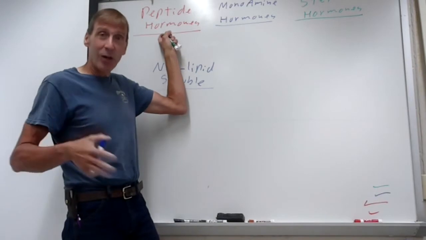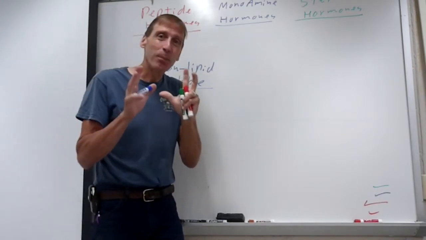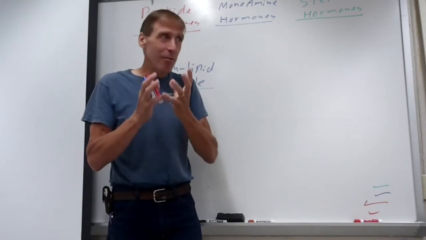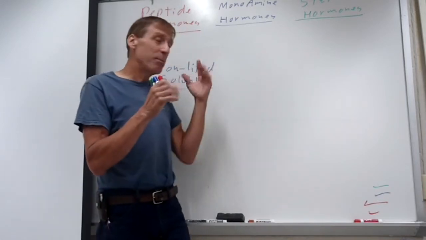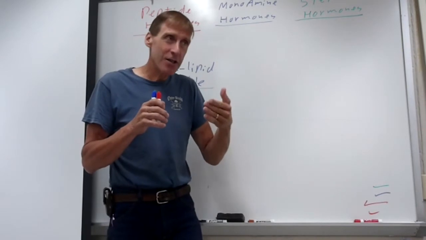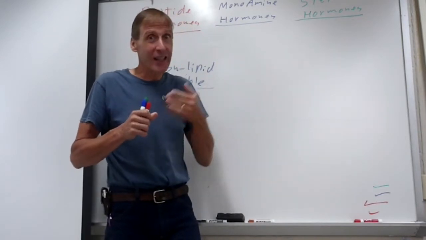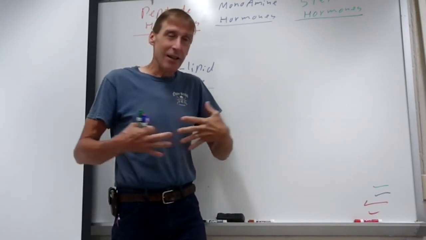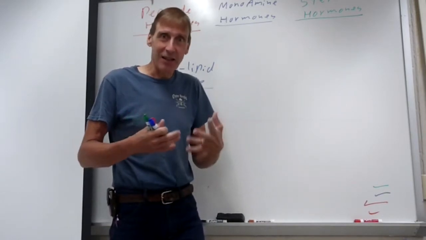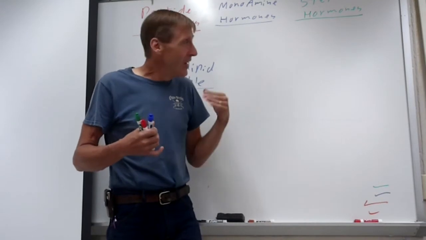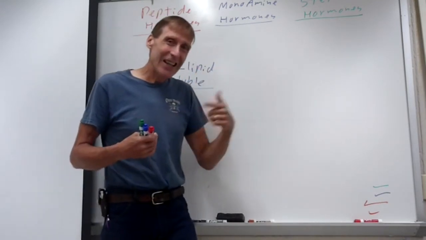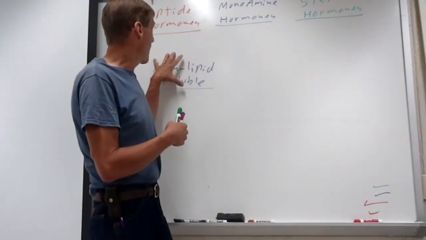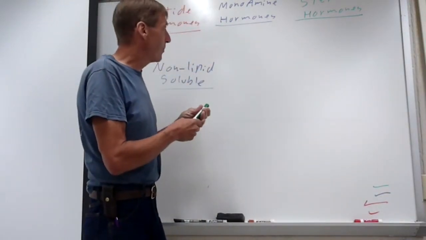Those big proteins don't get through phospholipid bilayers. Again, this is going to be the importance. We're talking about lipid solubility. Remember, cell membranes are basically a layer of lipid. If you're not lipid soluble, you cannot easily cross phospholipid bilayers, which means it's hard to get in and out of cells. And of course, the blood vessels are also lined with layers of epithelia. Essentially, that's a layer of phospholipid bilayers, several of them. So non-lipid soluble hormones are not going to get in and out of cells easily or in and out of the blood easily. Most of the non-lipid soluble are peptide hormones.